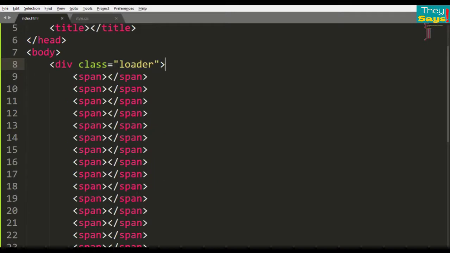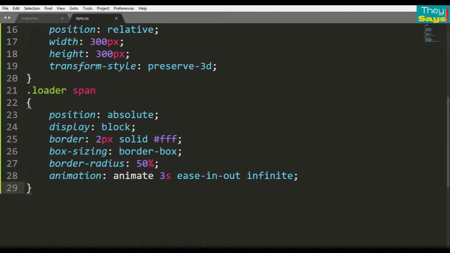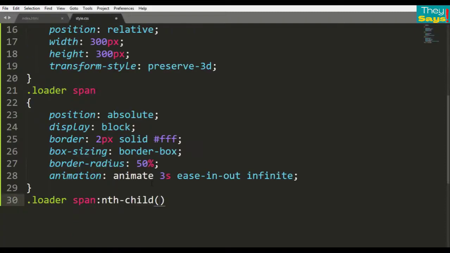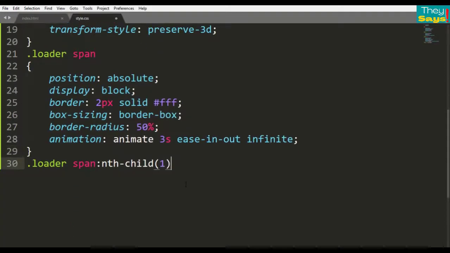Now style these span tags one by one using CSS nth child selector. So firstly select the first child using CSS and style it. Come back to the CSS file, copy this, paste, type nth child and select this first child 1 and style it.